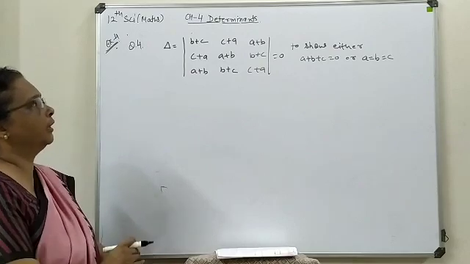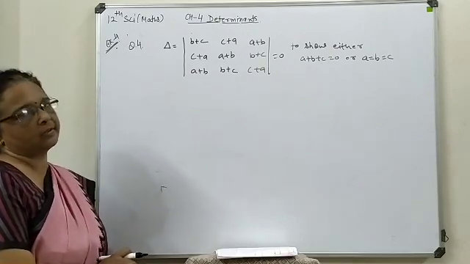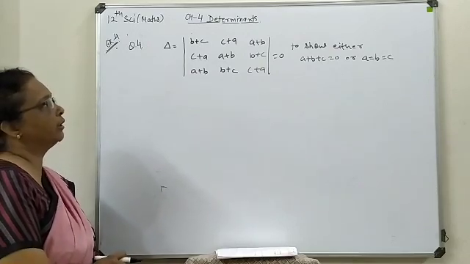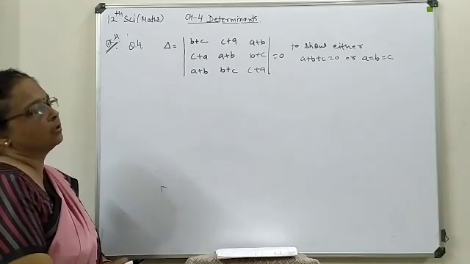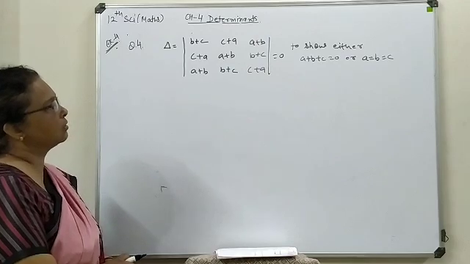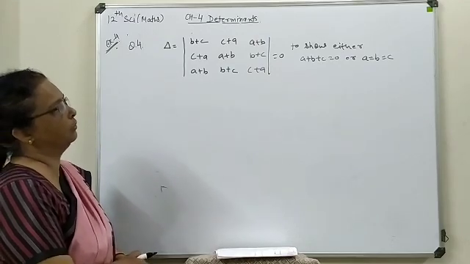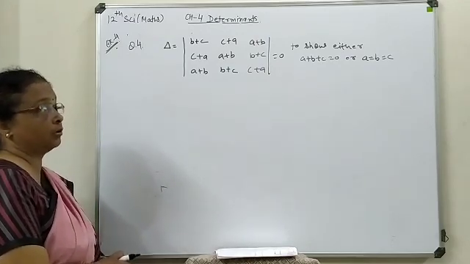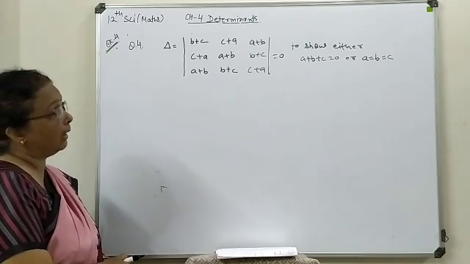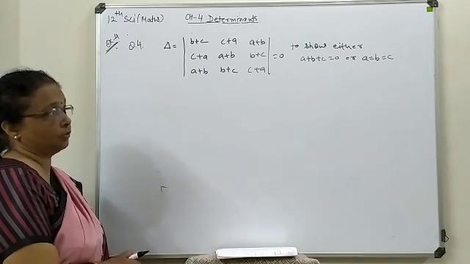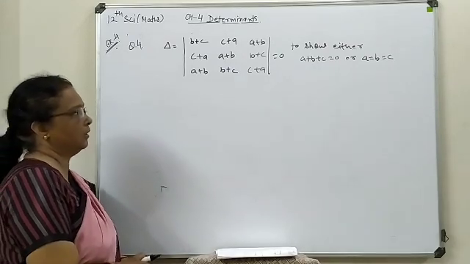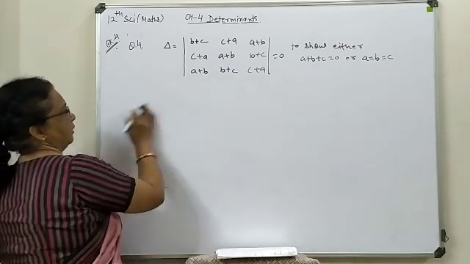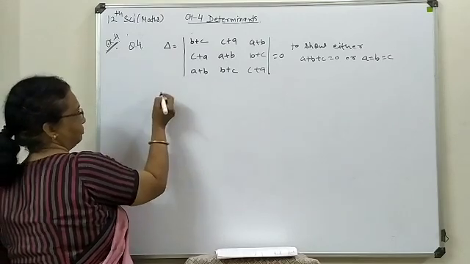Now here also we have another combination, that is question number 4, in which the determinant is available and its determinant value is also available as 0. So on the basis of that you have to show that its determinant solution will give you either a plus b plus c is equal to 0 or a is equal to b is equal to c. Okay, so let's start with the given combination.